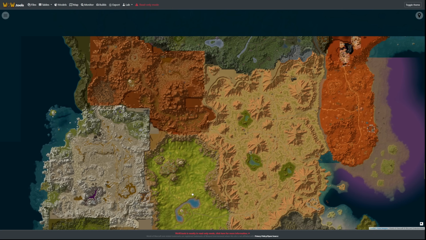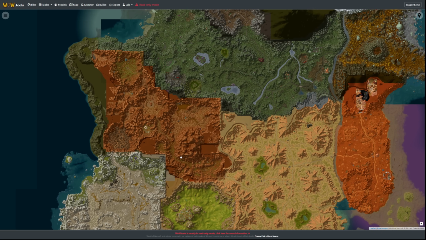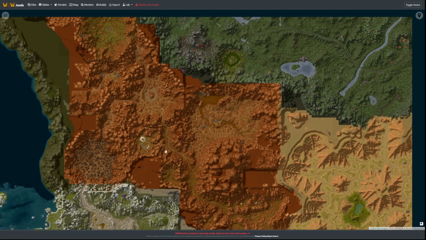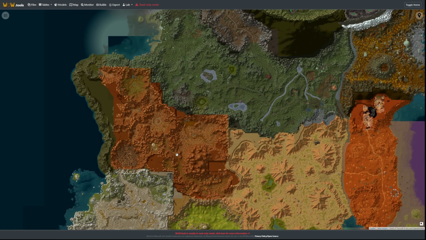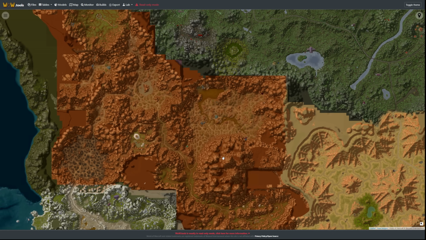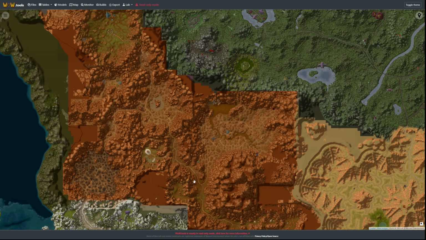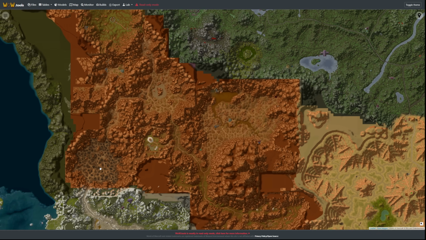Yeah, going back to the north, you'd have this orange area, which is actually Stone Talon Mountains. It looks different in the real world than it does in the map, but this would be a lot of running through this one. You'd have to run all the way along here to get the Alliance flight path at least, and then you have to go back all the way down through this area, through the Harpies,